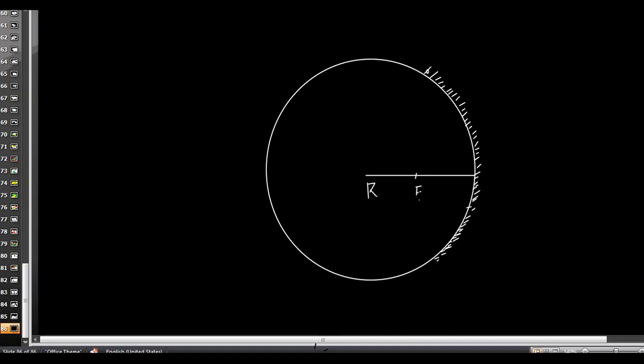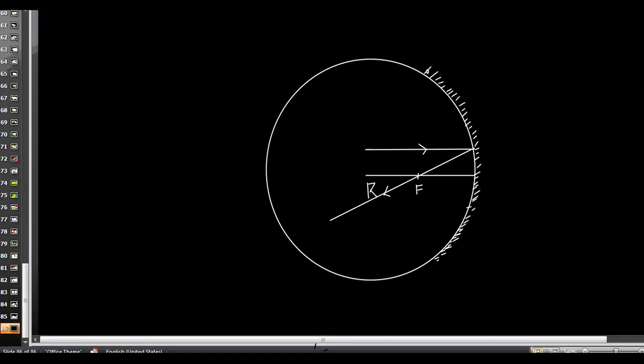So if you pass a parallel ray, okay, if you pass a parallel ray, this one is the focus. If you pass a parallel ray on this one, beta, it will be reflected. It will be reflected, okay, through the focus. If it is a parallel ray, then it will be reflected through the focus, like this way. Got it? Got it, beta? Got it?